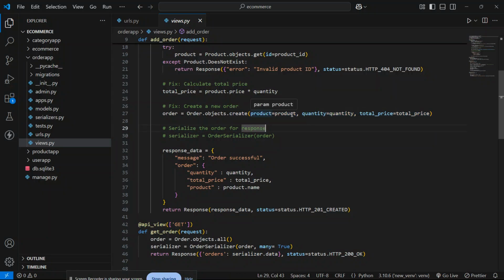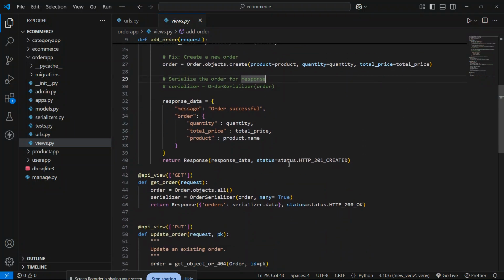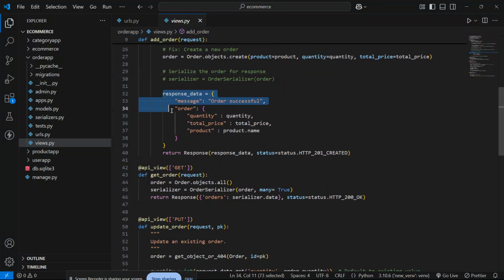Inside the order I am putting the product, the quantity inside quantity, and total price inside total price, and I am creating another dictionary. By this dictionary I am passing one message and the order details, and passing this dictionary through this response and the status code.